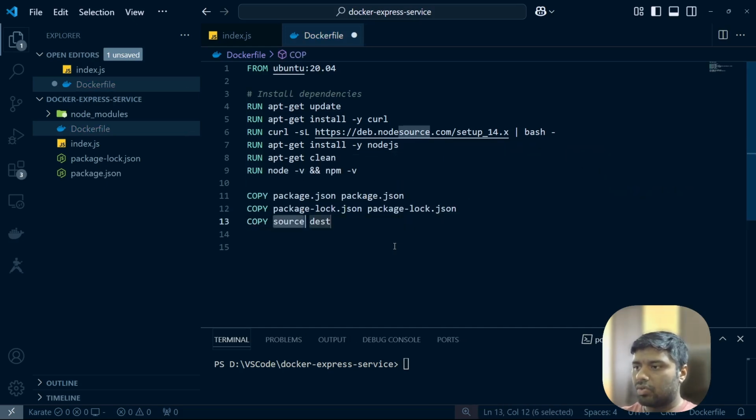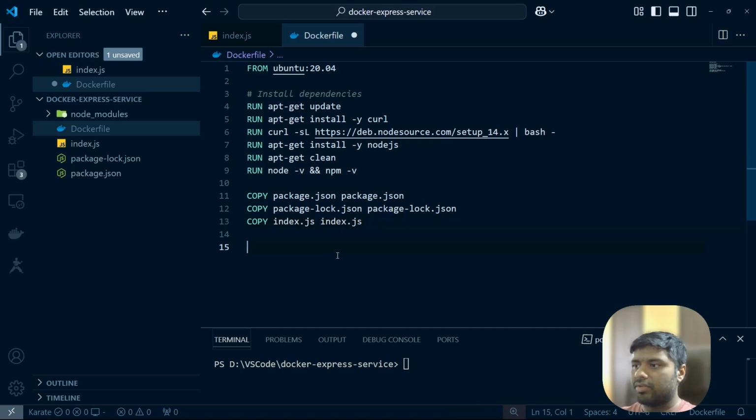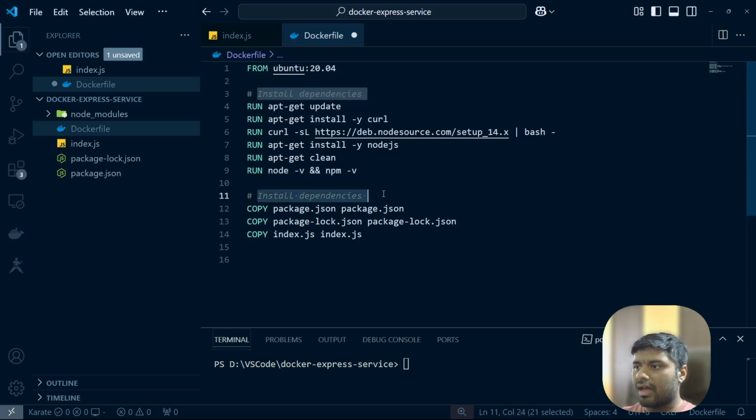We also need index.js, we also need index.js within our Docker container, right? So here the step name we can specify is copy the required files to